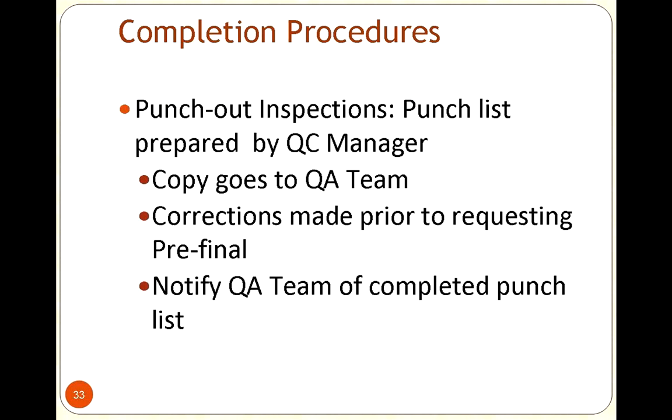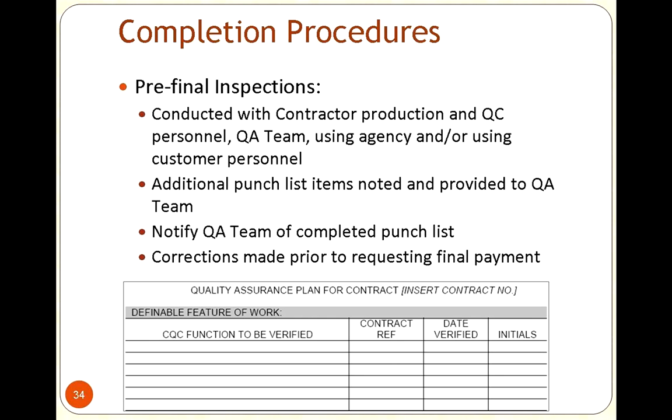If any problems came in, we would use things like the rework log I was talking about earlier, but we wanted to make sure everything was documented and everybody was in the loop. So we would say, this is what we're going to verify, and this is where it's located in the contract, just to make sure everything was staying within the contract. Then any corrections, if anything was found along the way, we wanted those fixed before we cut the check.